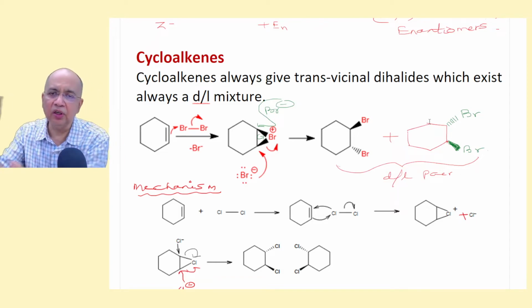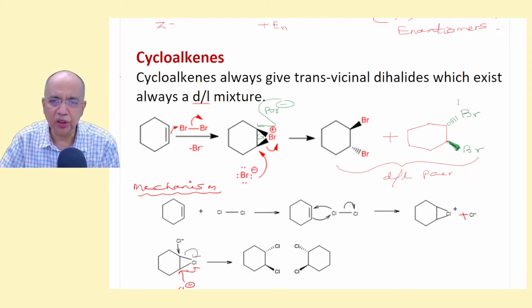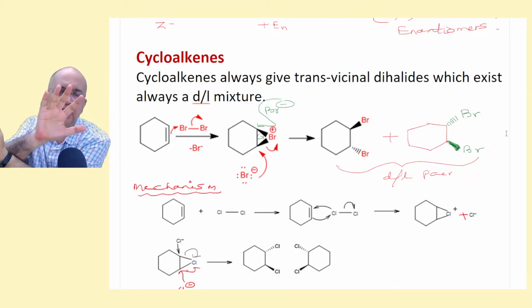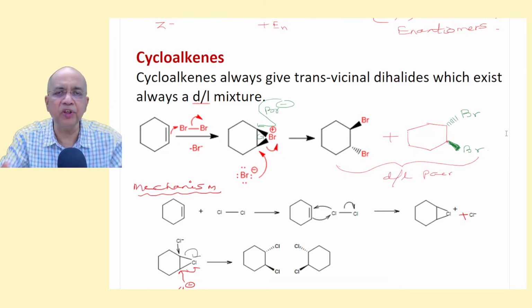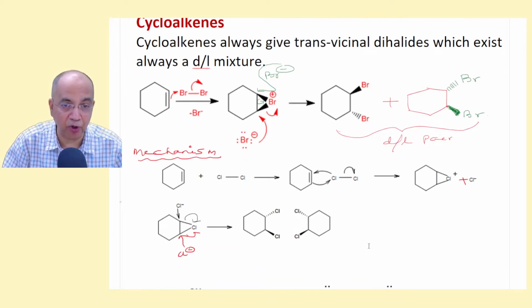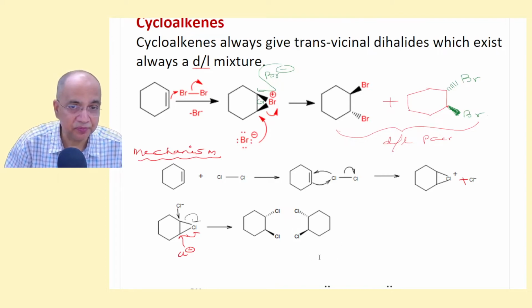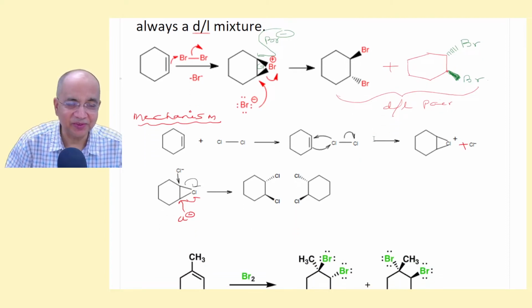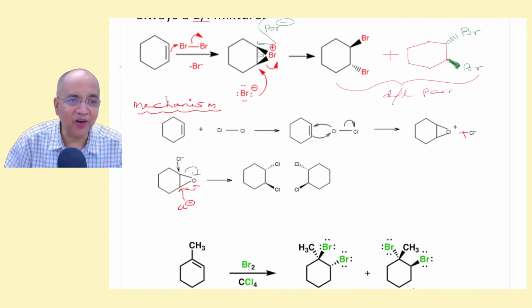Just hold this model and turn it to the other side, just the opposite side. You will find the two are mirror images. In many books you will find they are shown as mirror images of each other, like this one. Yes, I have copy pasted here, but this I have drawn myself. Up to this I have copy pasted. Thanks to the source. Now I am showing you the mechanism here for chlorination.